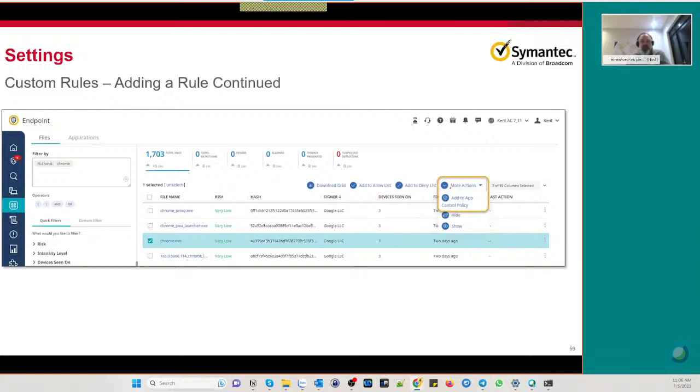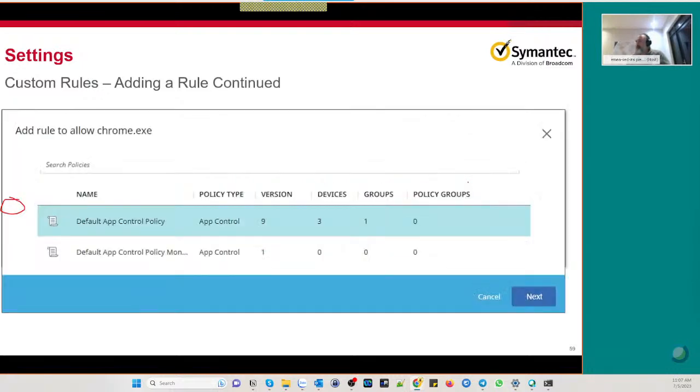You can also do it a different way. You can use the discovered items list as a starting point. So you can then see what was discovered. Go click on the endpoint files and see what's happened, and then add a rule to allow Chrome, for example. You can use the discovered items view capability to find any file for which you want to create a rule. After you found the file from discovered, you can also click on more actions, add to app control policy,